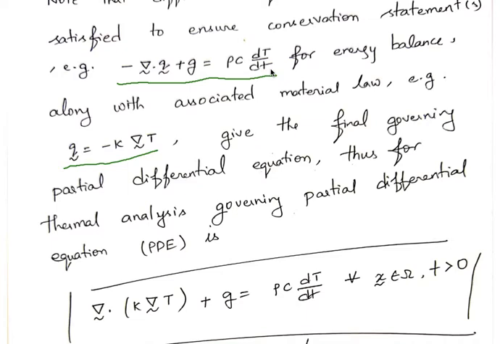Anyone? What is the difference? What material properties are of relevance in steady state? Thermal conductivity. Among all parameters, only thermal conductivity is relevant. Density and specific heat do not matter when we are doing steady state analysis. What happens in steady state? Temperature is not changing with time, so the material time derivative of temperature will be 0.